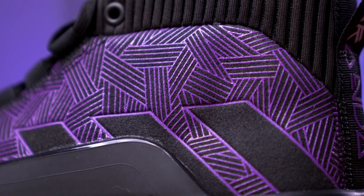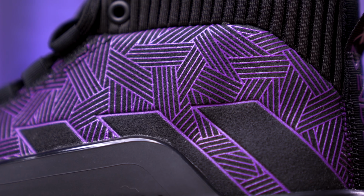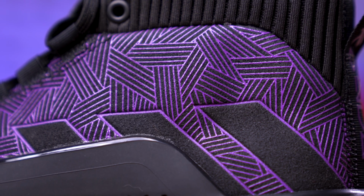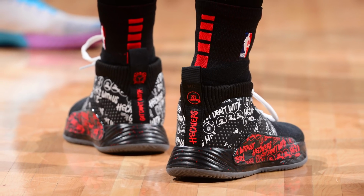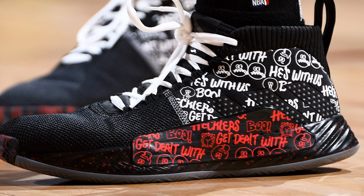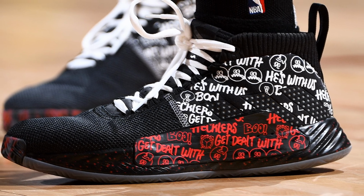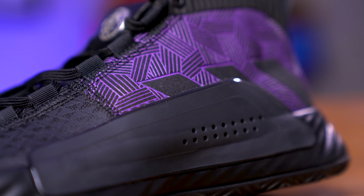But if you move up towards the midfoot and the heel, that tribal print switches up to a different pattern, and it's also in color with this very nice shade of purple. Now, recently, Dame has been rocking this Hecklers Get Dealt With colorway during the playoffs, and what I love most about this colorway is the fact that the graphic design on the upper spills onto this TPU support panel on the lateral side of the shoe, and unfortunately for these Black Panther Dame 5s, that TPU support panel is just